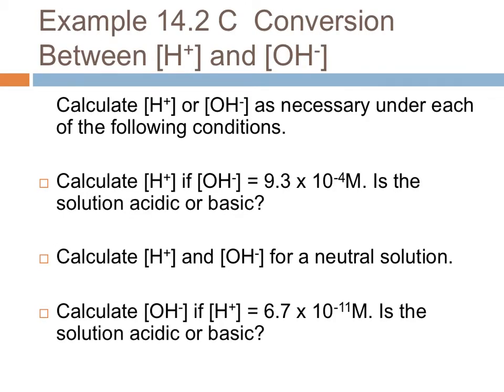All right, calculate the hydrogen or hydroxide necessary under each of the following conditions. Kw, our equation is H plus and OH minus. Hydrogen times hydroxide is Kw, and Kw we know is 1 times 10 to the negative 14th power. We will use that a lot. So calculate the hydrogen. If the hydroxide is 9.3 times 10 to the negative 4th, the hydrogen here is going to be